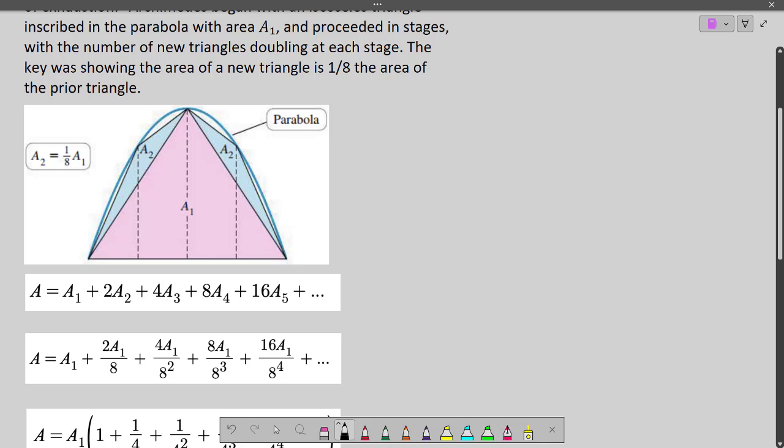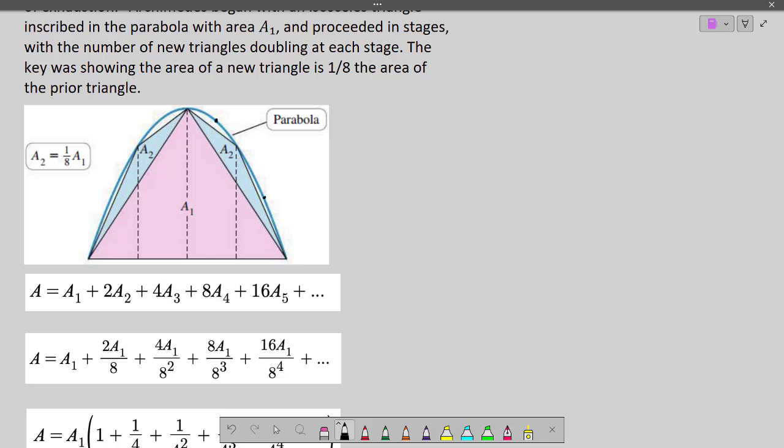Same thing over here. We're going to bisect this interval, come up here, create that point, create those two triangles. And then we're going to keep on doing that. So a sub 3 is going to be the area of the triangle that would fit in here and would fit in here. We're going to bisect both those intervals, and we're going to create a point right there and a point right there, and then form